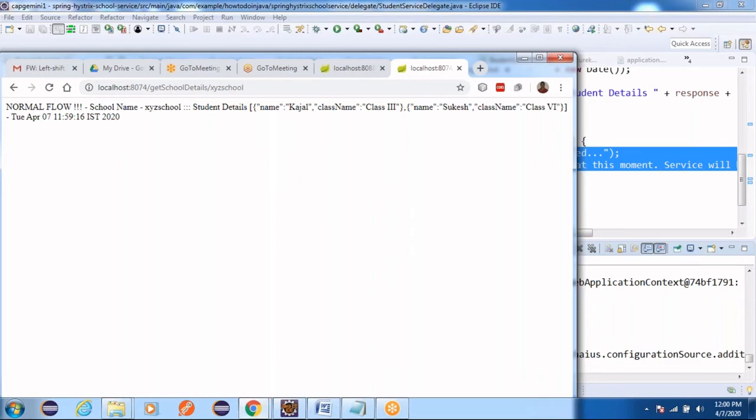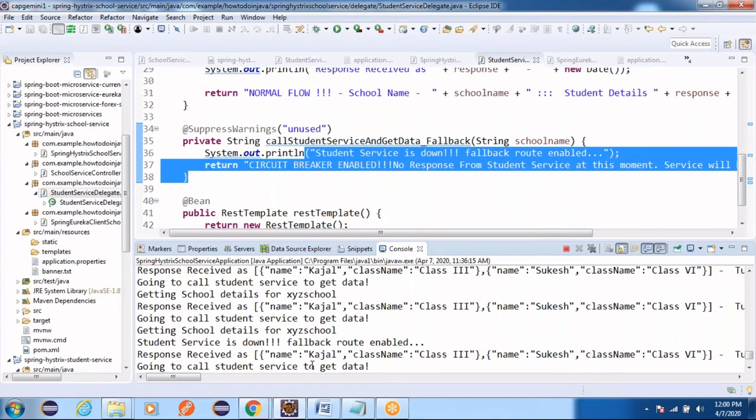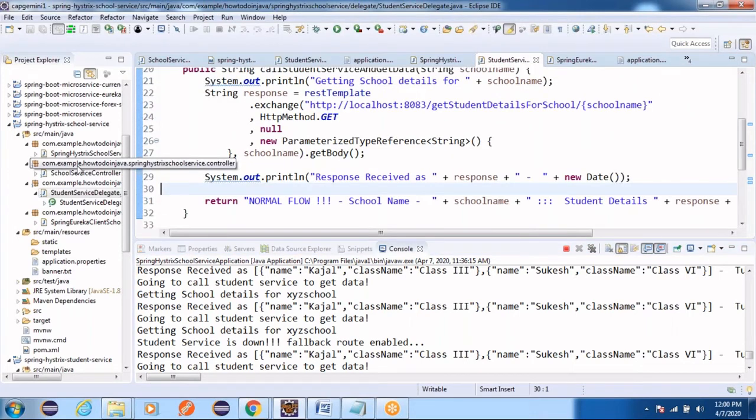Somehow we should say that the service is not available. Whenever the service is not available, instead of going through the normal flow, it is a circuit breaker flow, and the fallback method is executed.